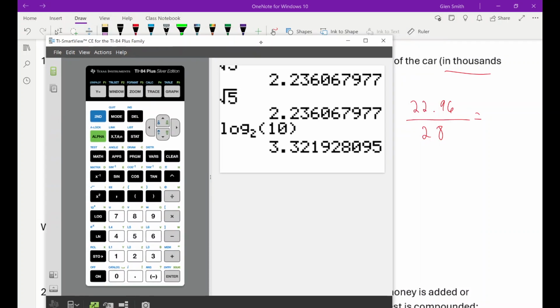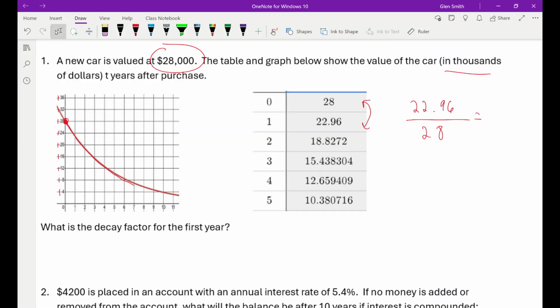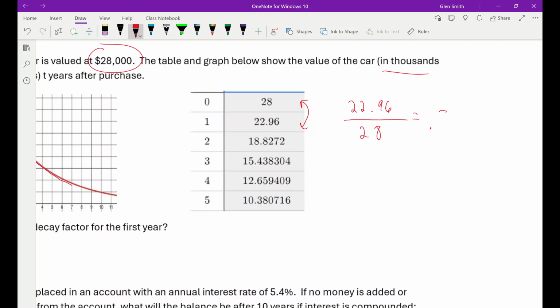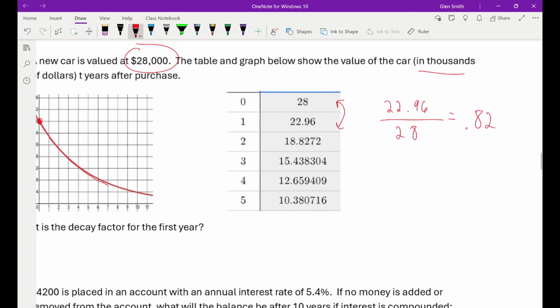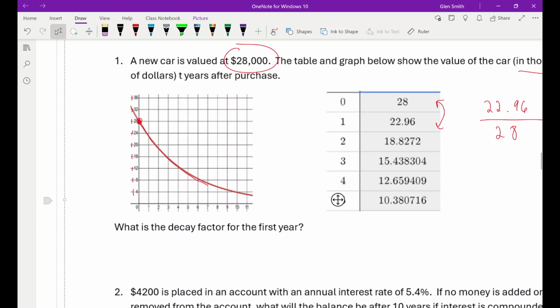Okay, so if we take 22.96 and divide it by 28, how'd you guys do? Did you own everybody? You get 0.82. So 22.96 divided by 28 is 0.82. And I promise you, if this is a real exponential equation, if you take any of these numbers on this chart